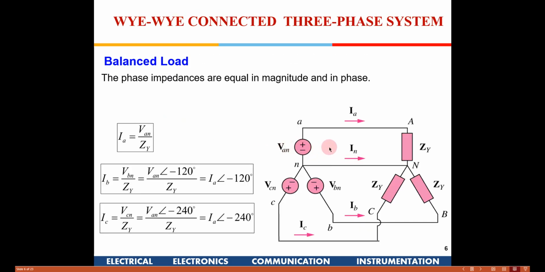And then we also saw when we are connecting a Y connected source to a Y connected load. So you have a YY connected 3-phase system. In this case, you will see that there are three currents flowing from the three phases, and also there is a neutral wire. However, the current in this neutral wire will be 0 as long as